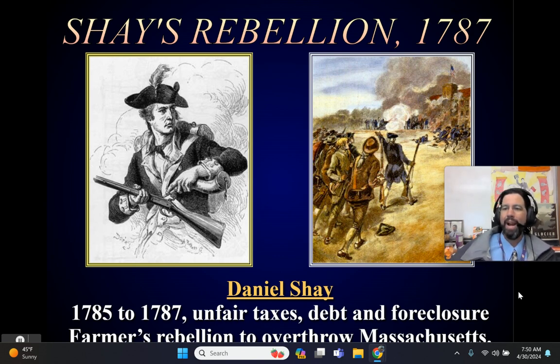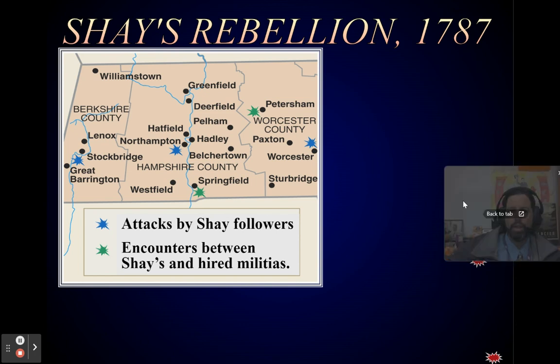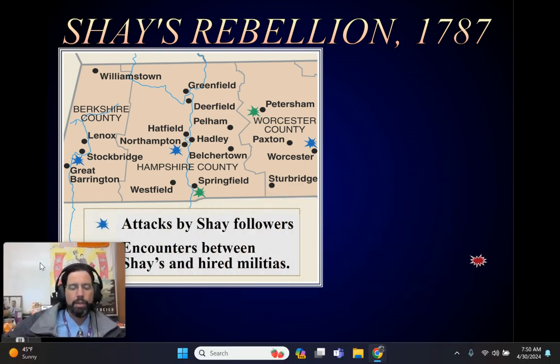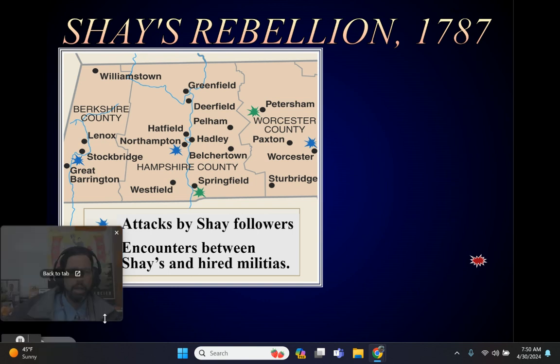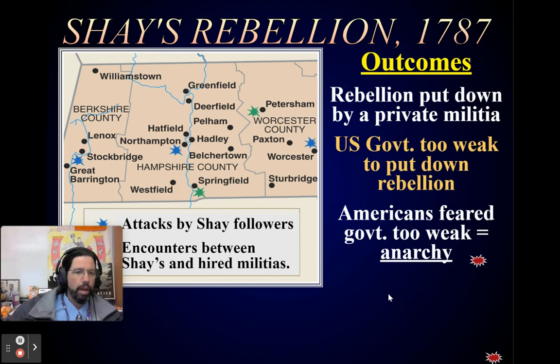You had a group of farmers that were angry that they were being taxed to really pay for the results of the American Revolution. So they rise up in Shays' Rebellion and start to fight against the state of Massachusetts. That battle ends up being a good 1,500 or so people that take up arms against the state of Massachusetts. And the state of Massachusetts really doesn't have the energy or the wherewithal to be able to put down the overall insurrection.